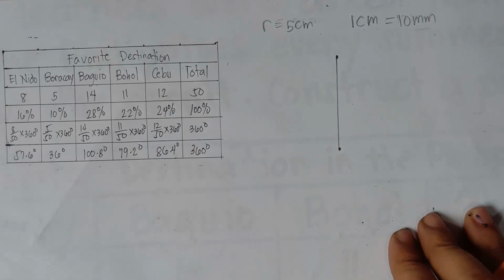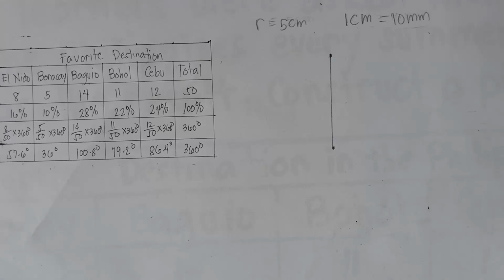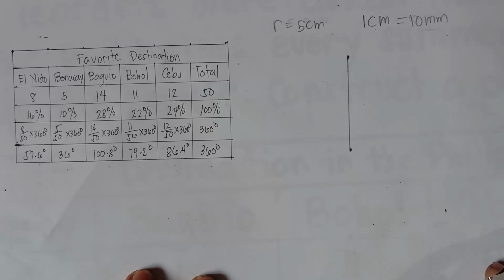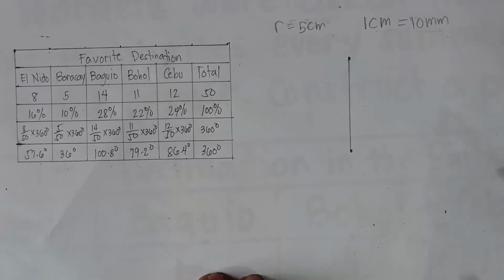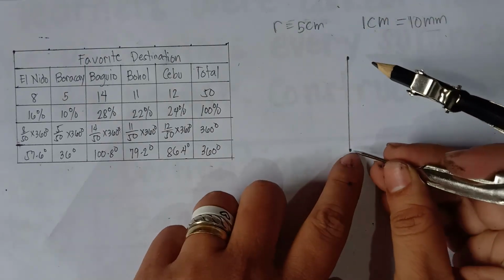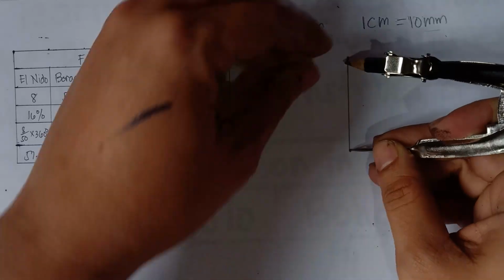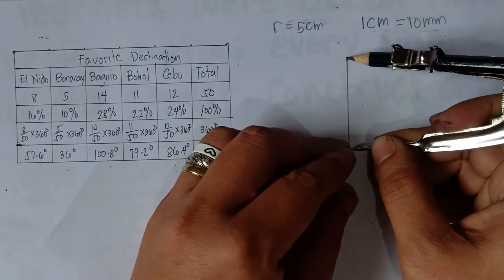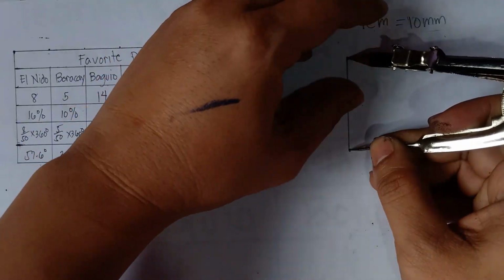Alright, draw vertical line, 5 centimeter. Once again, it depends on you. You can have 4 centimeter, 3 centimeter. It depends on your teacher, class. For us, let's have 5 centimeter. Alright, and then use your compass to draw a circle. The needle, class, you put it on the center part. And then you adjust this pencil right here. Okay, that's it, 5 centimeter.